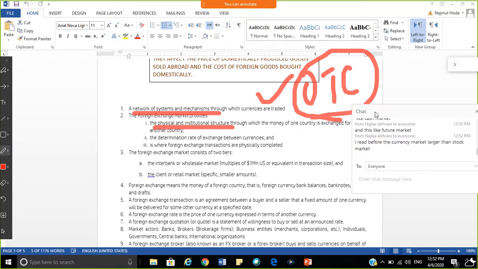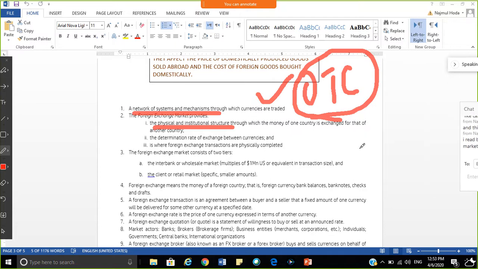I read before the currency market is larger. Yeah, you are right, very true. That is what we just discussed. The currency market, the foreign exchange market, is much larger than the stock market. Every day, as we just saw in April 2019, the transaction volume was $6.6 trillion, which was the market size. So, there are physical and institutional structures,